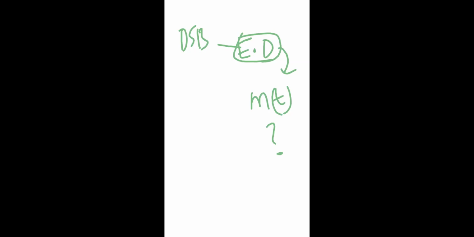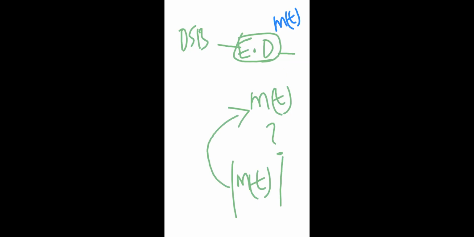You will not get m of t, you will get mod m of t. Is it possible to recover m of t from mod m of t? I am telling you, once you pass your DSB signal through an envelope detector, you will get mod m of t. It is not possible to recover, because you do not know the original value.